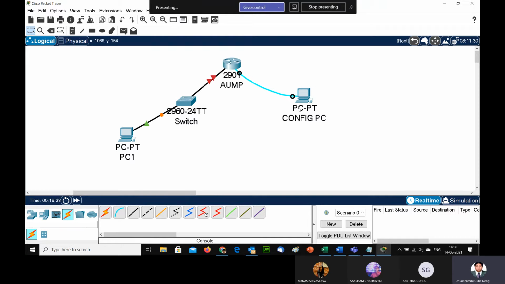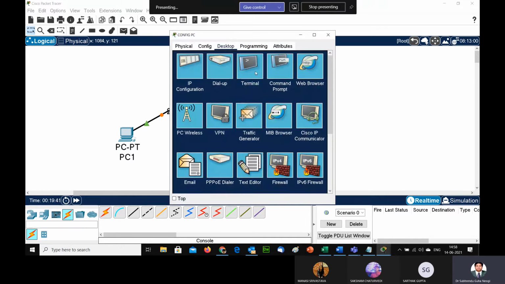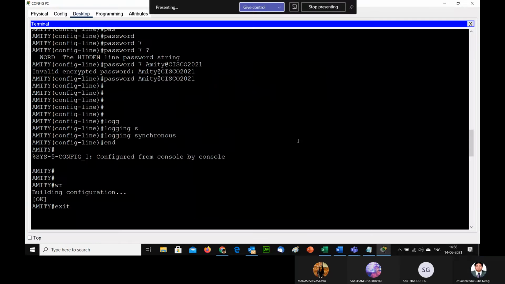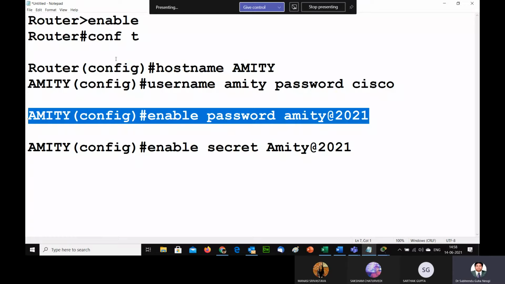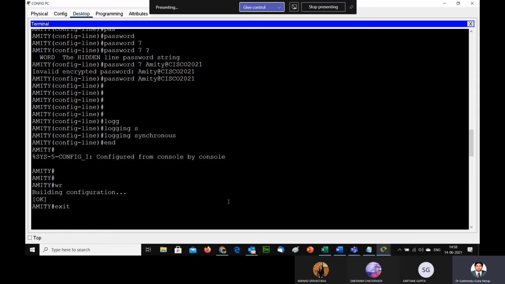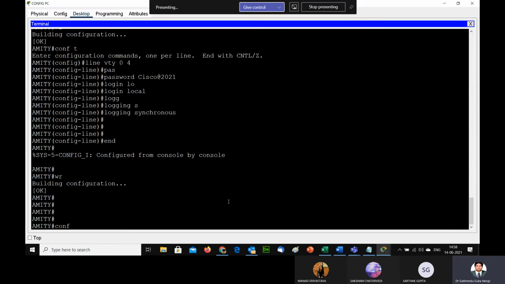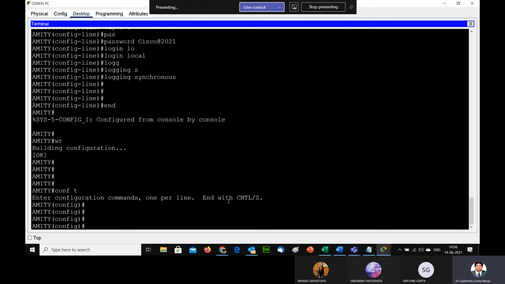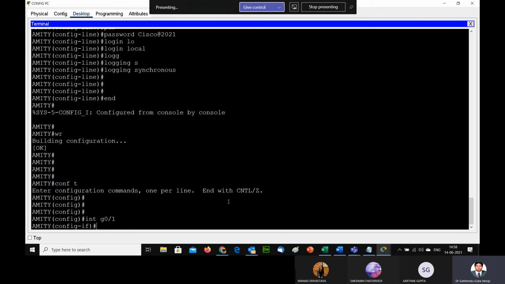Now we have to give the IP address to the interface. For example, the network which I'm looking at is 10.0.0.0, so let's create a network of 10.0.0.0. Last class I told you to go through it; if you are not doing it, you will not be able to do anything. So how to configure that interface? We have to go to that interface. It is called int gigabit 0/1, that is interface gigabit 0/1.